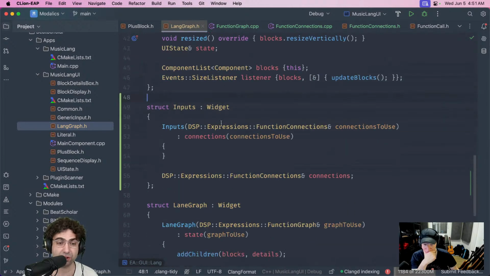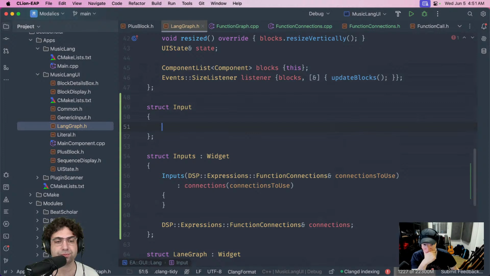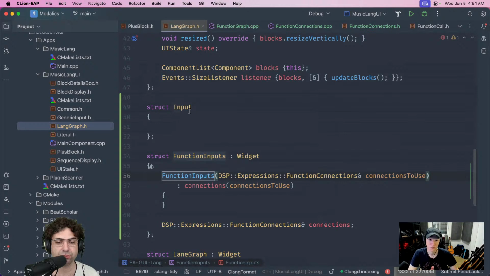I didn't create the singular input yet, so I should do something very basic, like struct inputs. Actually, I'm going to call it function inputs, because I also have inputs on a device, which is different. So I need to not confuse these. So this will be function input, singular one.